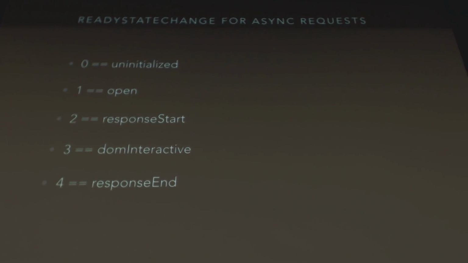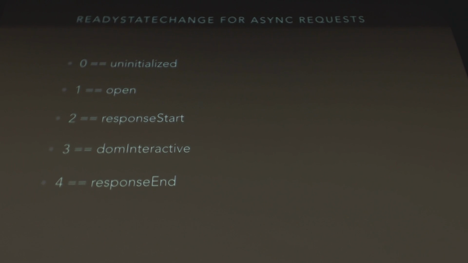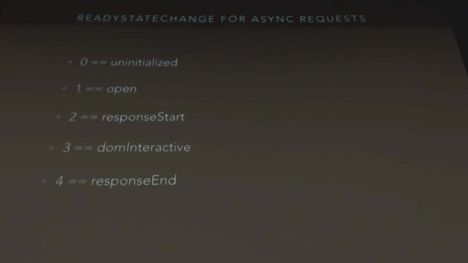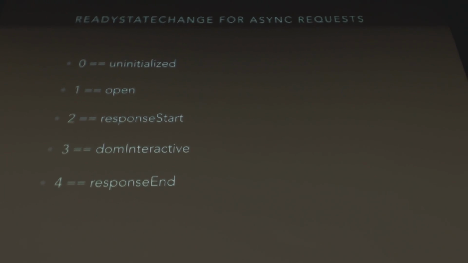So the 5 ready state changes. If you look at document.readyState or request.readyState, you'll get 5 different values, 0 through 4. 0 really means it's uninitialized. When you create that new XMLHttpRequest object, that's the only time it will be 0. If you call open, it's going to change the state to 1. That really doesn't mean much because you called open, but you haven't actually made the request, so you don't care